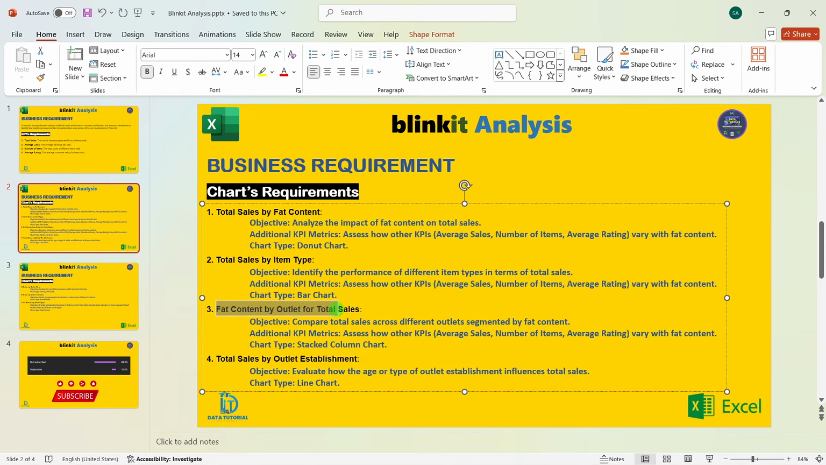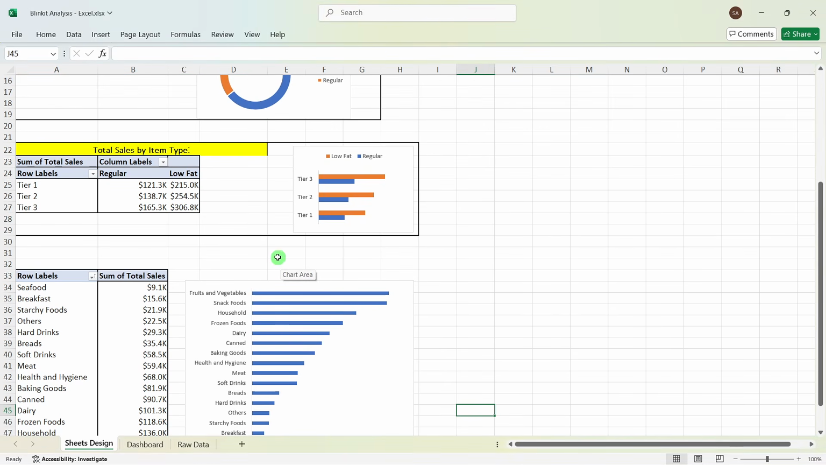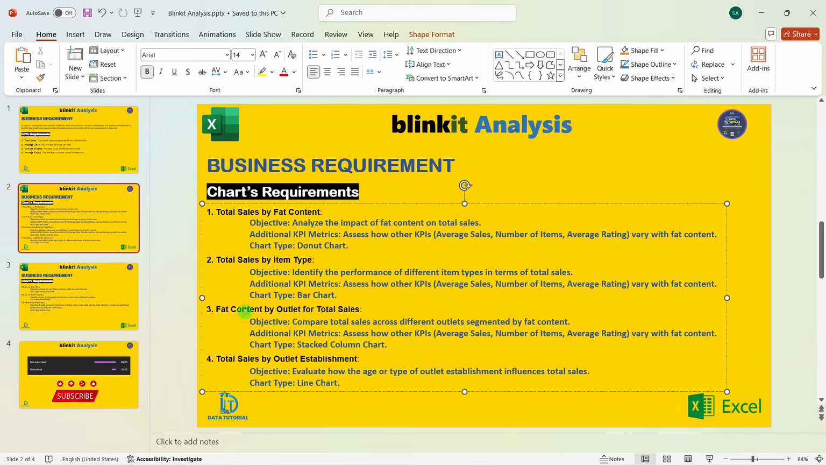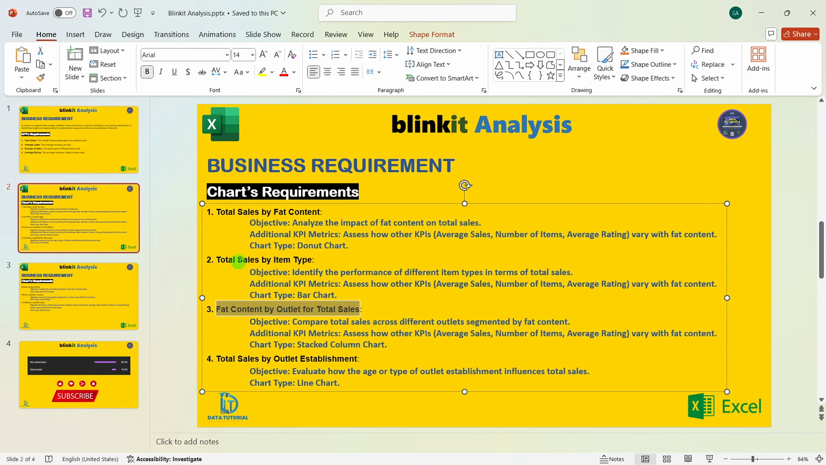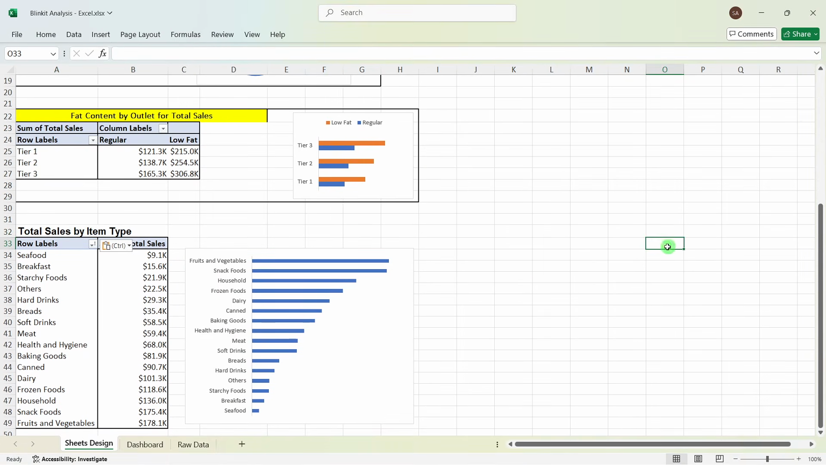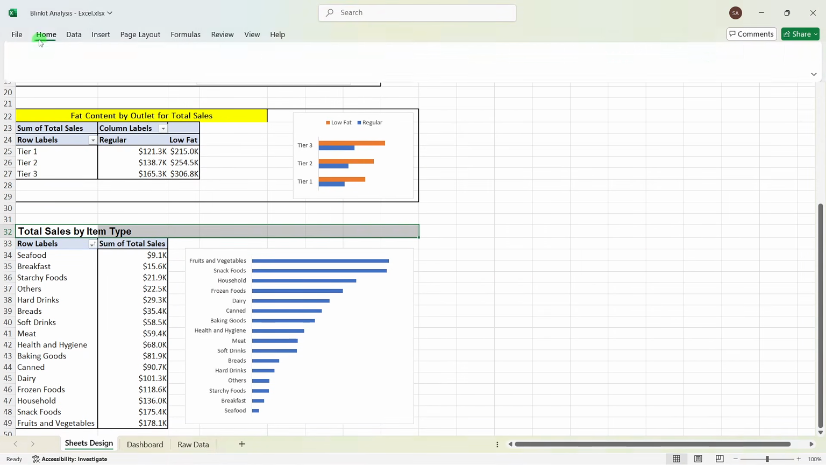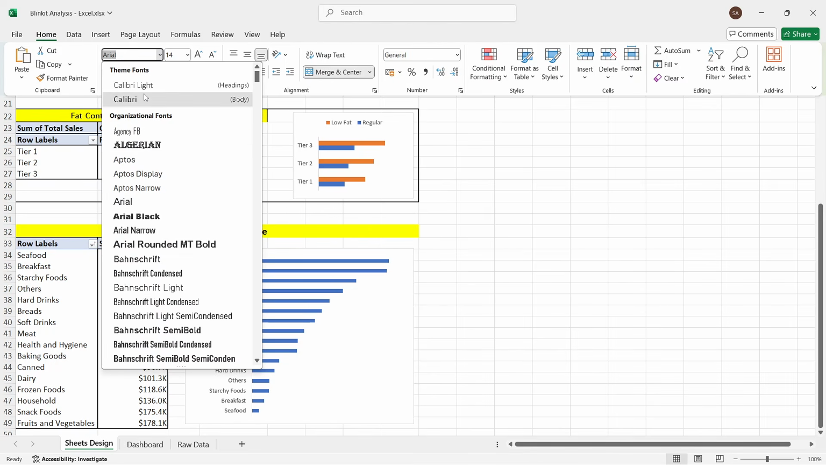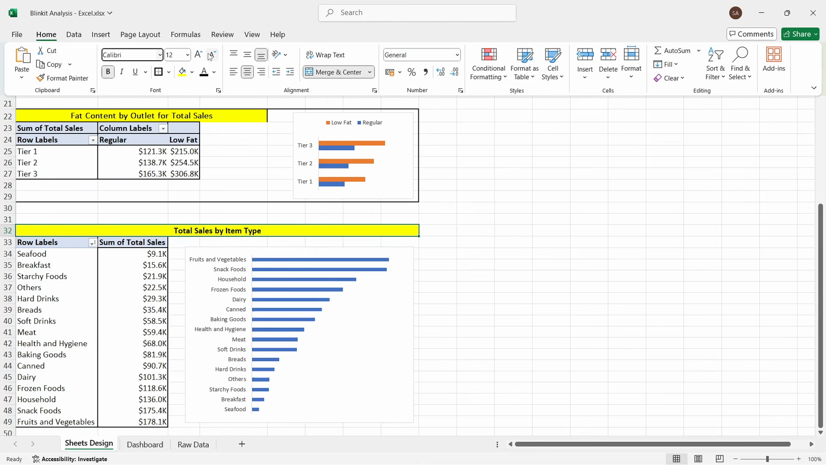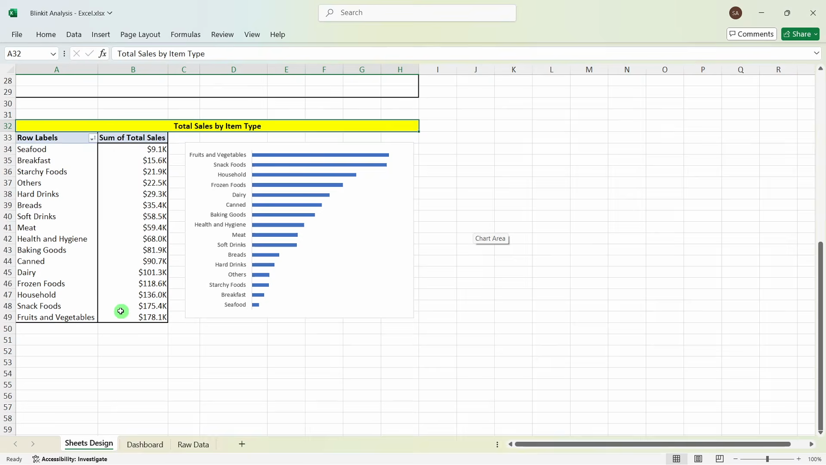So this was fat content. This was, I guess, total sales by item type. Okay, so this was total sales by item type, and this was actually the fat content now. So this is the name for this. Just paste it over here, and now this is the total sales by item type. Just the naming change. I'll just select this, go to home, merge and center, and choose Calibri and 12. So this was total sales by item type, and next what we have to find out is